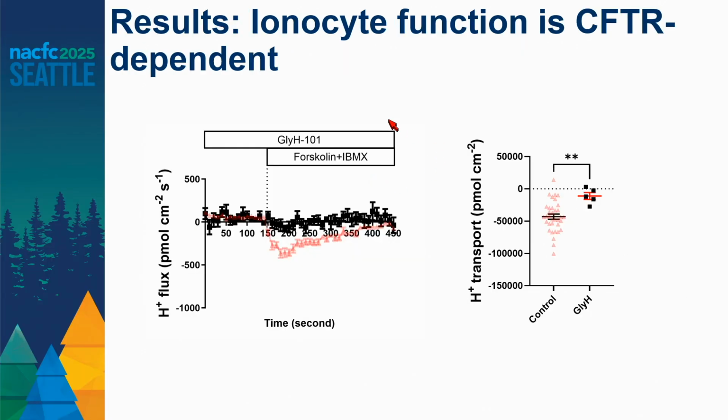Then we wonder what happens if we block the CFTR channel there. So we use GlyH to block the CFTR channel in the swine distal airway tissue. If we incubate the tissue with GlyH, it actually blocks the pH modulation through the ionocyte. And we quantify this change by calculating the area under the curve. And it shows that